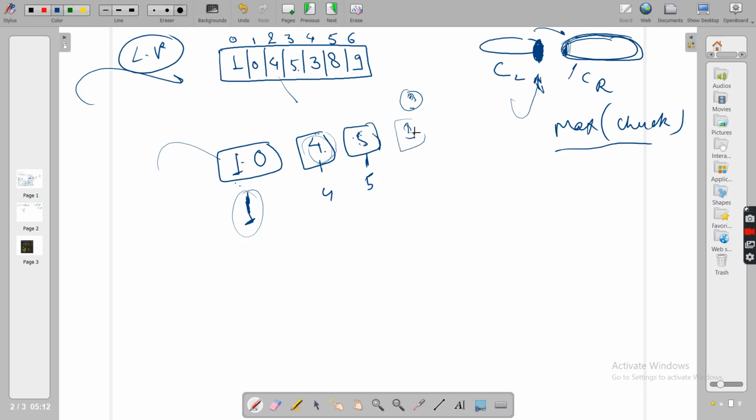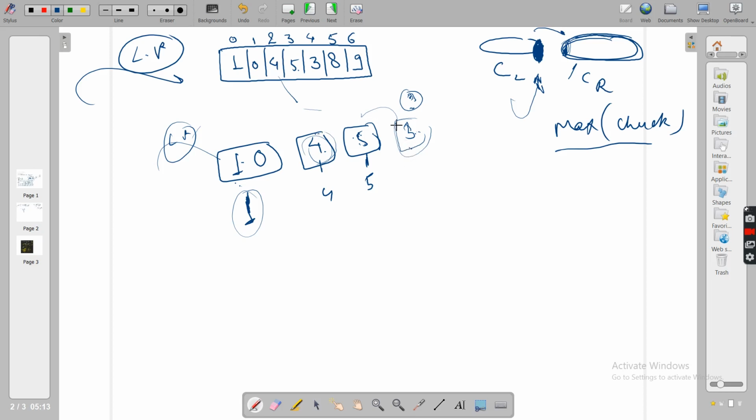Because this 3 sees, in this left to right traversal, whatever came before, and checks whether the placing is all right. If I put it in a separate chunk and then merge, will that be sorted? So 3 has to check. It will say no, you cannot put me in an independent chunk.